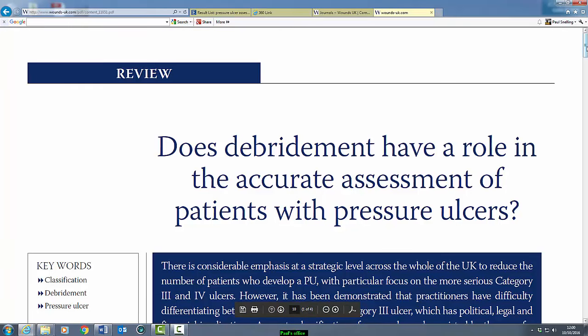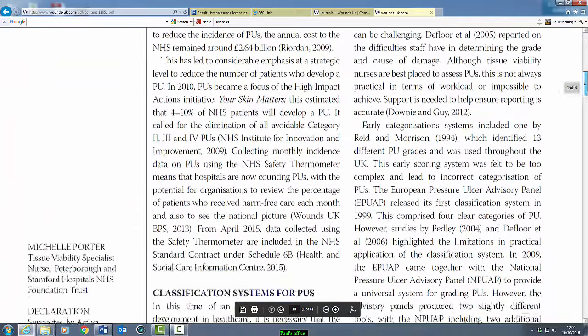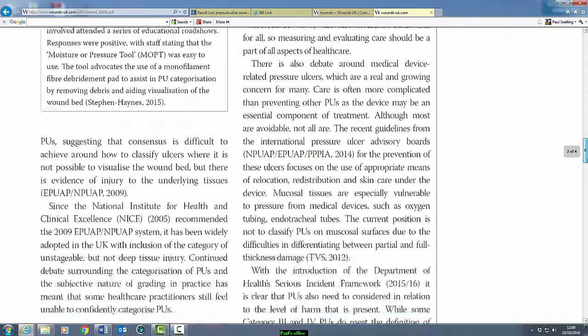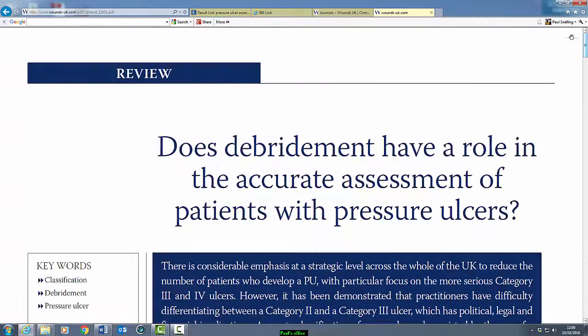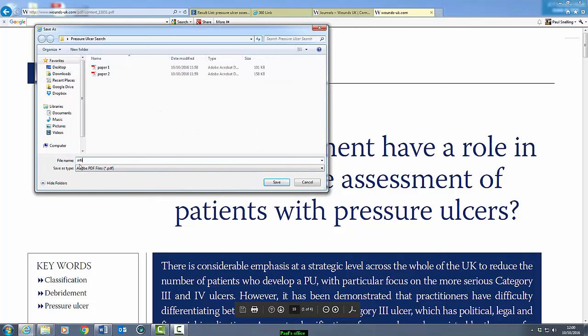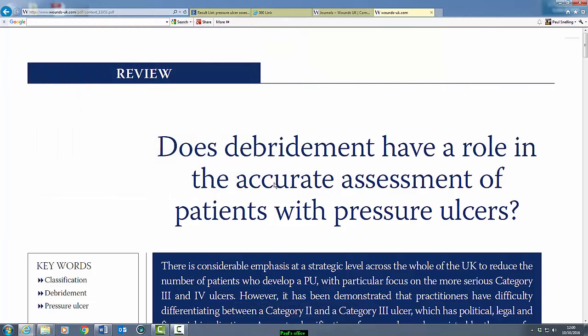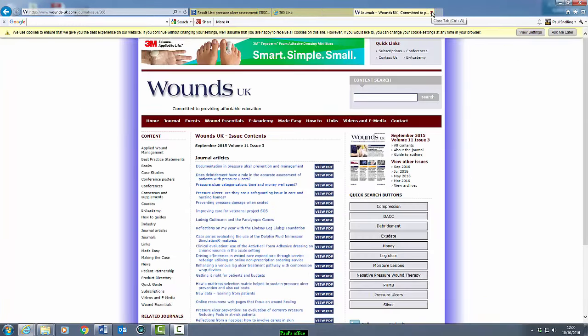It's a review paper. I'm just having a quick look. I think it's probably worth saving for a closer look later on. So now I'm going to try and find that icon again. There it is, it's at the bottom. And I'm going to save this one as paper 3. So that one, there was no PDF icon, we couldn't find the article, but we could find the journal. So now we're going to close them all down, go back to our search,